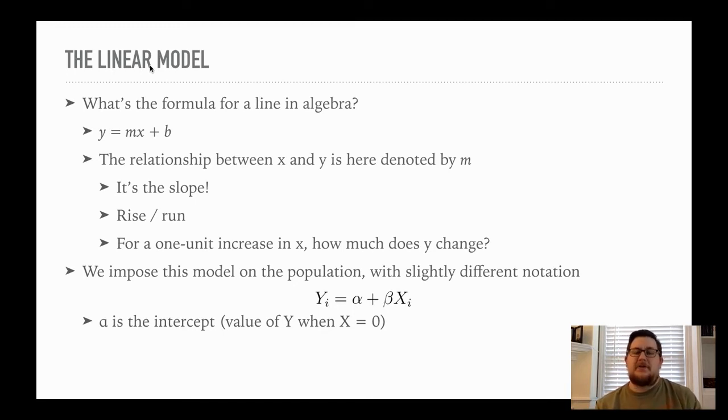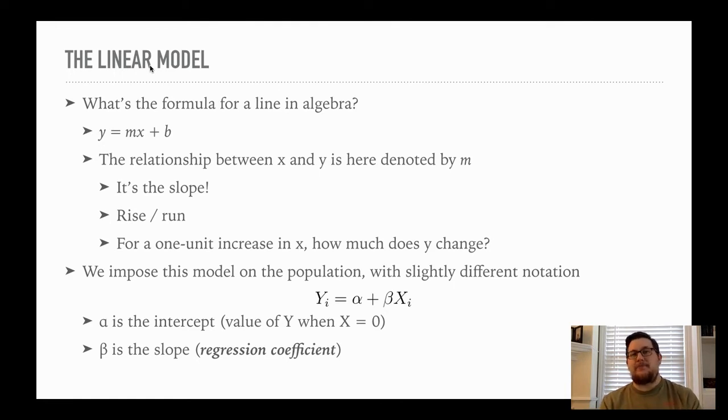Alpha is the intercept. What is an intercept? Well, it's simply the value of y when x is equal to 0. All right, so if x is 0, where does that line intersect the y-axis? Okay. Beta is the slope. All right, but from now on, we're not going to call it the slope. We're going to call it the regression coefficient because that's what it is. Okay. When you see regression coefficients in tables and articles you've read for other classes, all you're looking at are estimates of the slope of the line